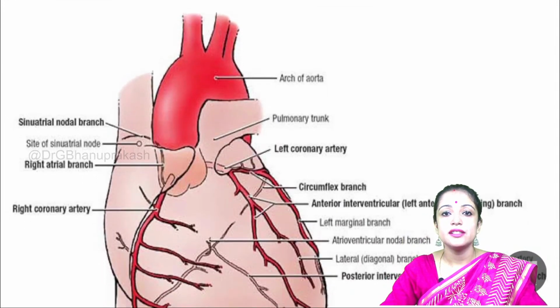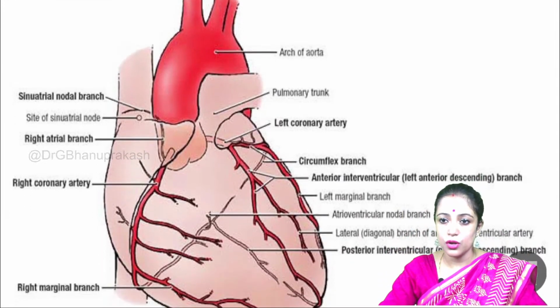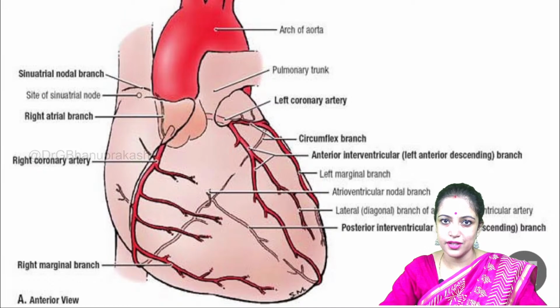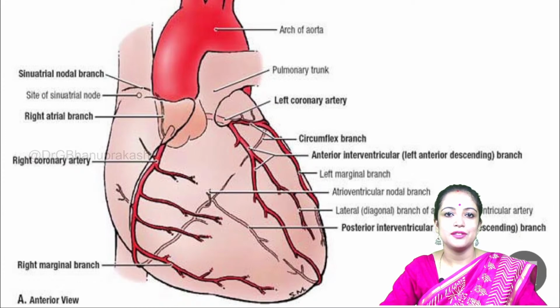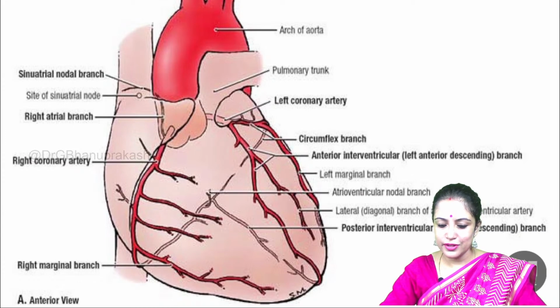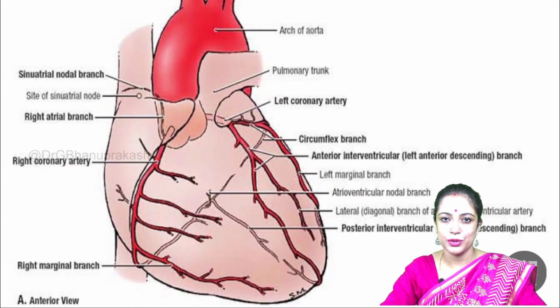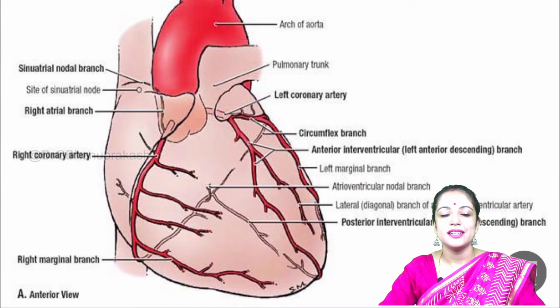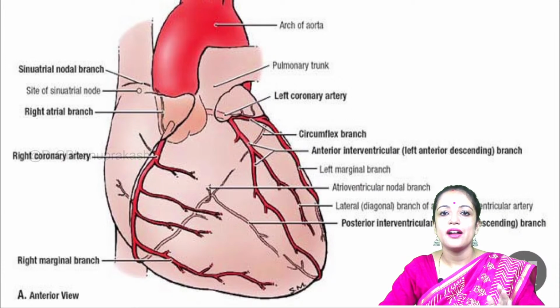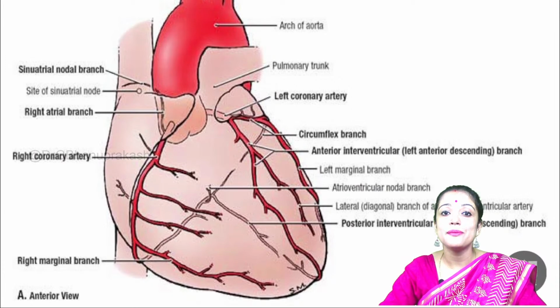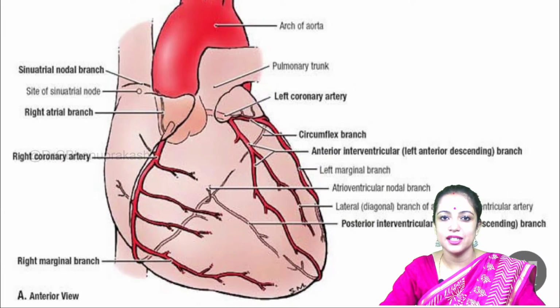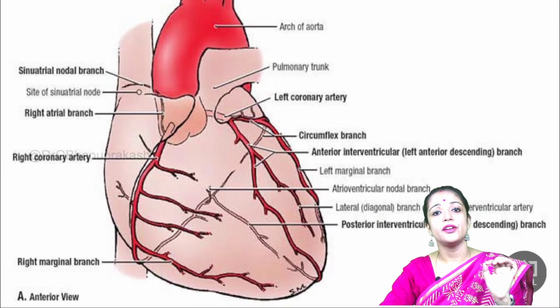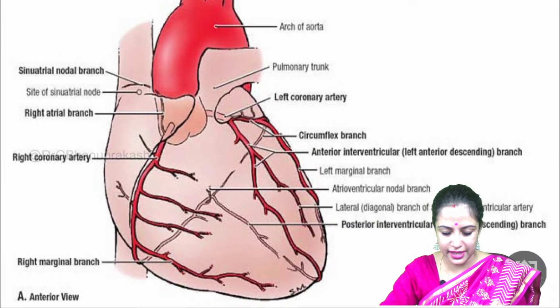Before going to the disease proper, I would like to talk a little bit about the coronary circulation. We have already learned about coronary arteries in anatomy. It will just be a quick revision before we begin with the disease proper. Coronary arteries are two in number. They are epicardial coronary arteries. Why epicardial? Because they lie in the epicardial connective tissue. They are the right and left coronary arteries.